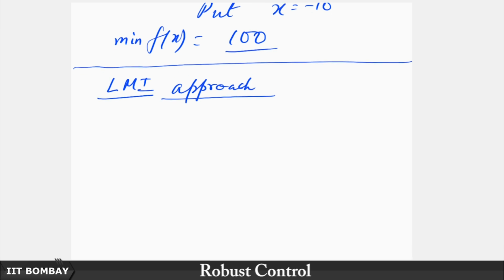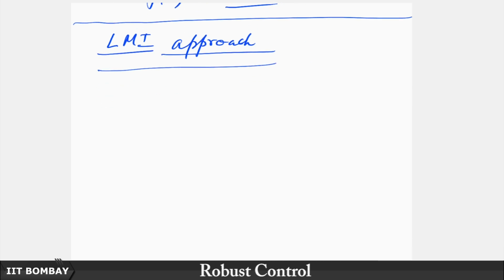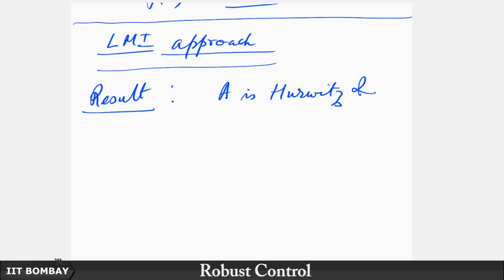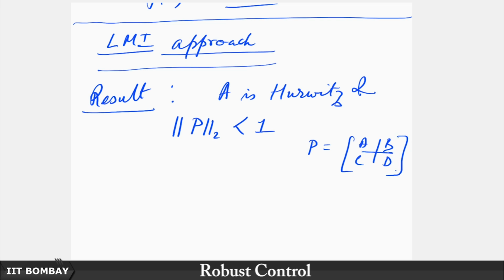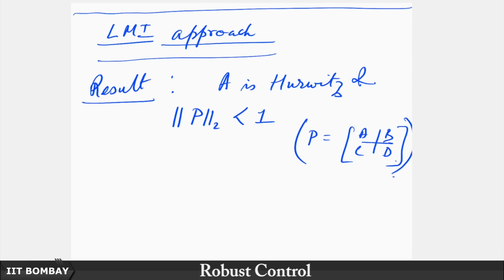Okay. So, now what do we do with this LMI approach? Here is what the first result states. A is Hurwitz and the norm of P is less than 1. What is P? Well, P is basically the A, B, C, D, the packed matrix notation. Okay. So, this statement that A is Hurwitz and the second norm of P is less than 1 is actually equivalent to,